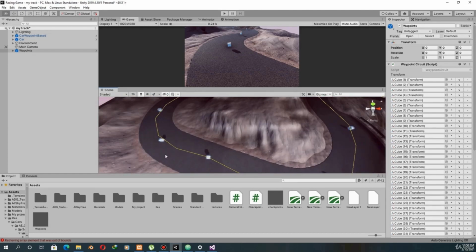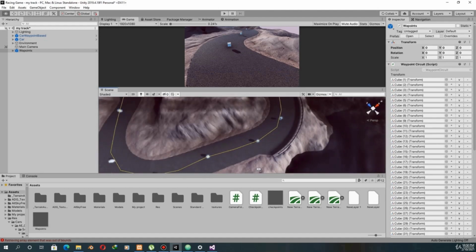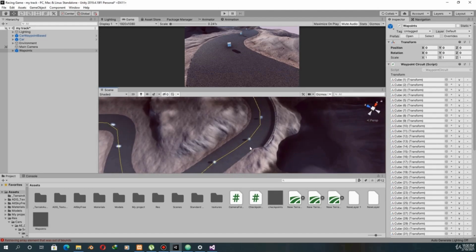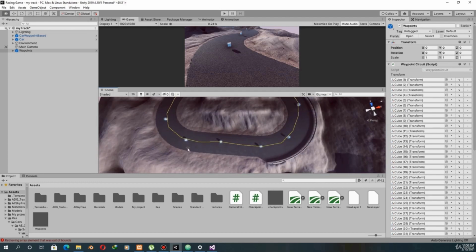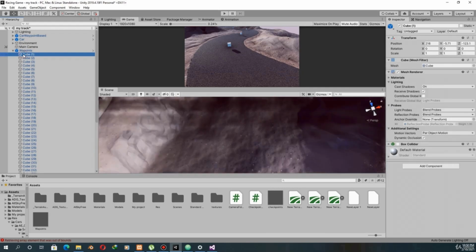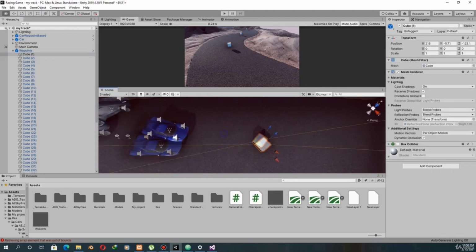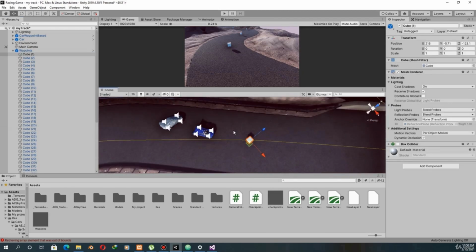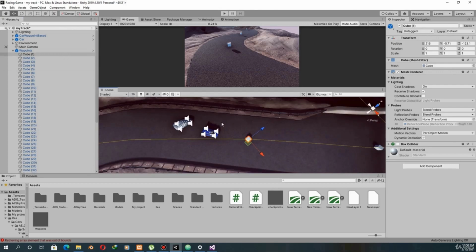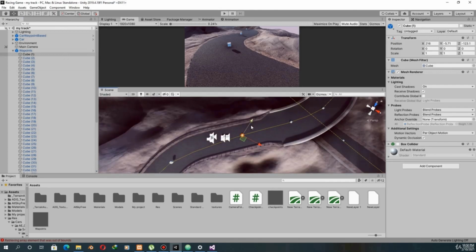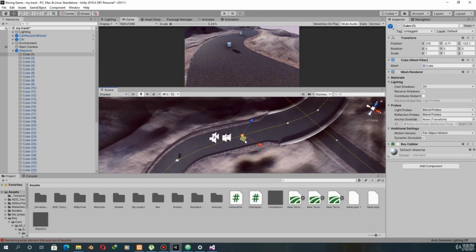Now, if you change your track and use some other track, then you have to create this waypoint system according to this track. Now, we want to place the first waypoint where we want our track to start. So this is where the first waypoint is.